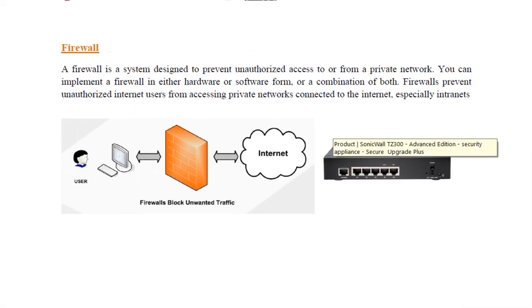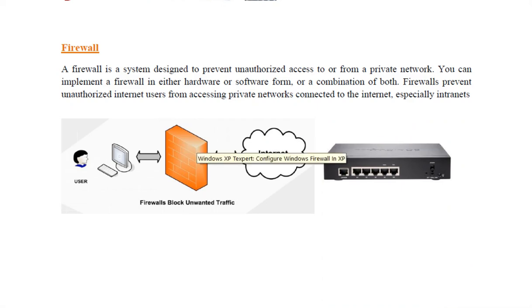Firewall. A firewall is used to protect a network, or the local area network, from outside connections. Because on the internet and in some outside connections, there are people who try to attack the computers in local area networks. So this firewall filters all these connections and blocks harmful and unauthorized access to our network. So the purpose of a firewall is to protect a network from outside unauthorized and harmful access. It stands between the internet and our local area network.